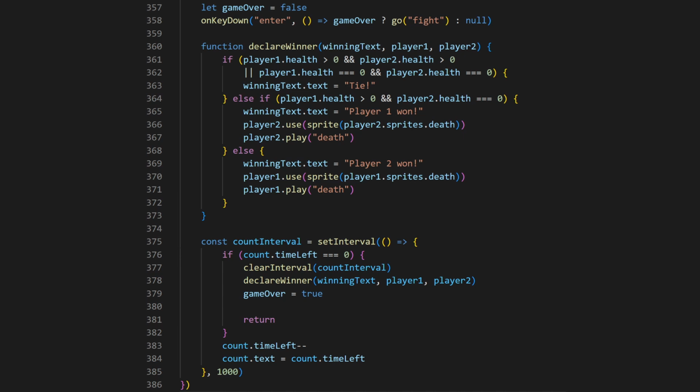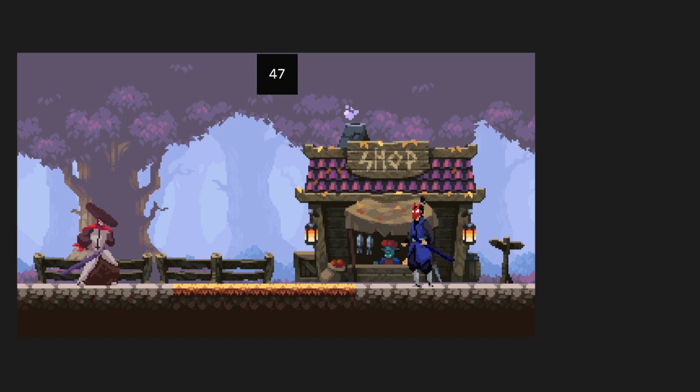This is to freeze the counter. If you didn't do something like that, the counter would go to -1, -2, -10, etc., and keep going down, even past 0. Now we call the declareWinner function to declare the winner. We set gameOver to true. This is so that when the player hits enter, they're able to restart the game. And then we return. By returning early, we don't run the count.timeLeft decrement, so reduce the time left count, or change any text. So now you can see that the counter is going down, and it's a tie in this particular example